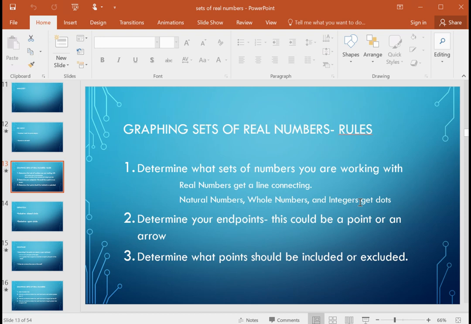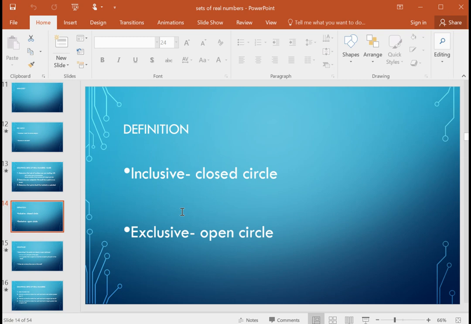So this could be a point or an arrow, and we'll see that later. And then we have to see what points have to be included or excluded. Your endpoints and your included and excluded points can be interchangeable. You can choose to do what points are included first and then figure out your endpoints, and so forth. An important part that you saw in the last Ed Puzzle is that inclusive